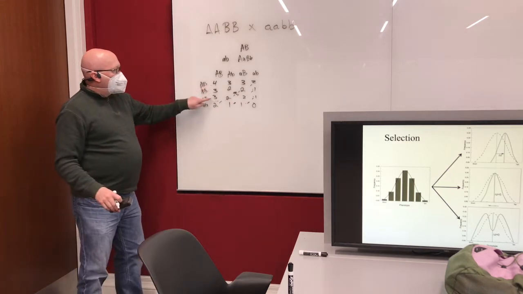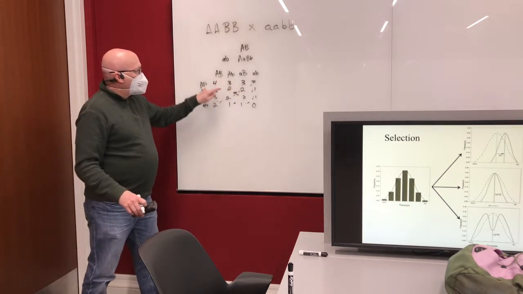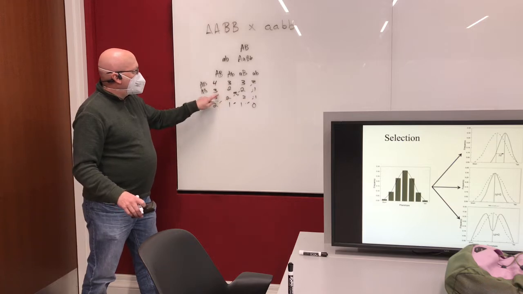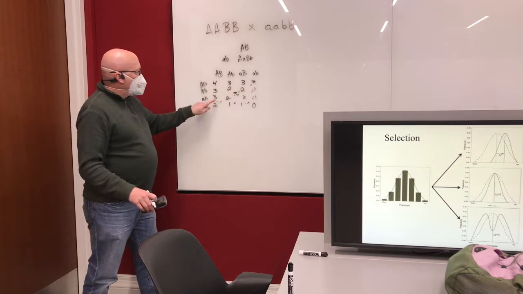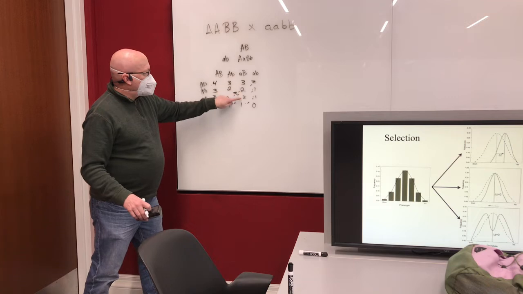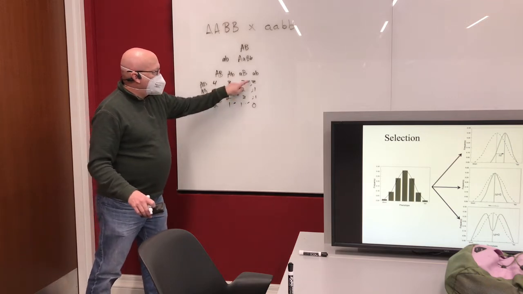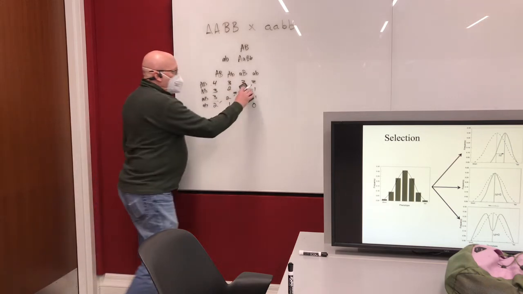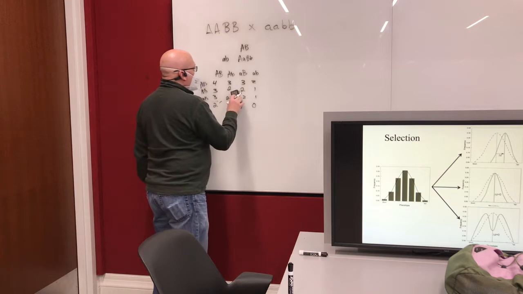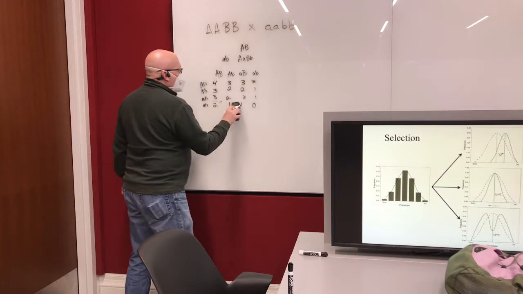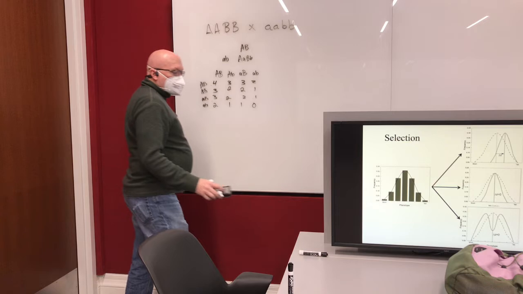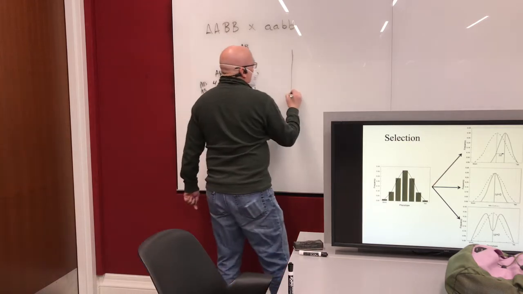Then 4, 3, 3, 2, then 3, 2, 2, 1, and 2, 1, 1, 0. So there's this symmetry, but what matters from the standpoint of quantitative genetics is if we look at the distribution,